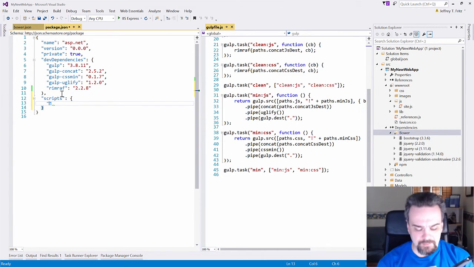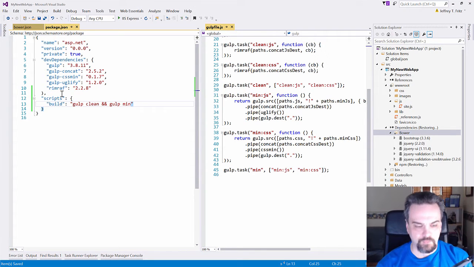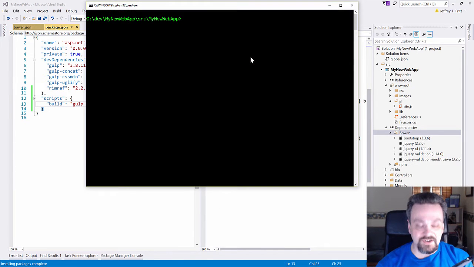But Shane recommends we do something like build, and then we can right here say gulp min, and before we run gulp min, we can actually say gulp clean, and it'll run both of those tasks. And by using the double ampersand there, it's going to run one and then the other. So let me save that and bring up a console window and see what that looks like. So here's my console window, and now I can just run npm run build,